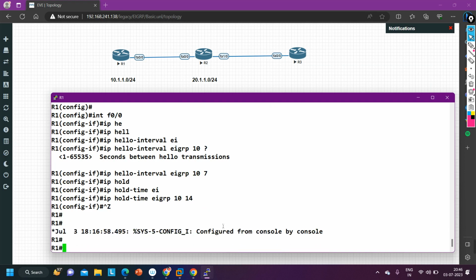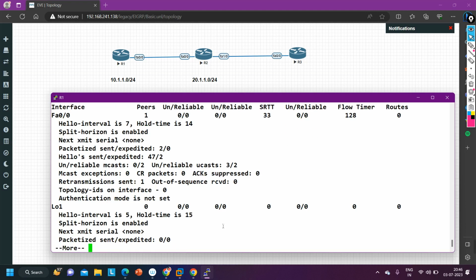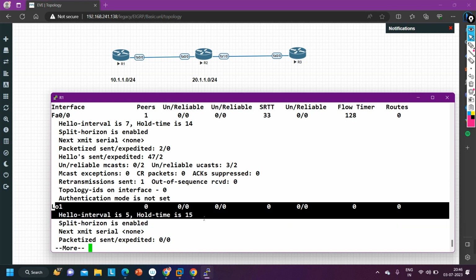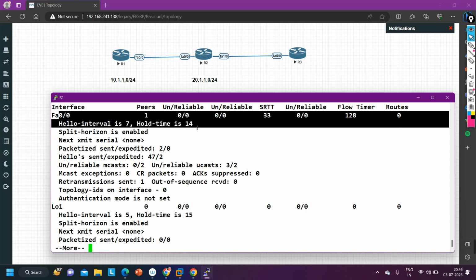Now if you verify by running show IP EIGRP interface detail, you can see for the loopback interface still hello time is 5 seconds and hold time is 15 seconds, but for FastEthernet 0/0 hello time is 7 seconds and hold time is 14.